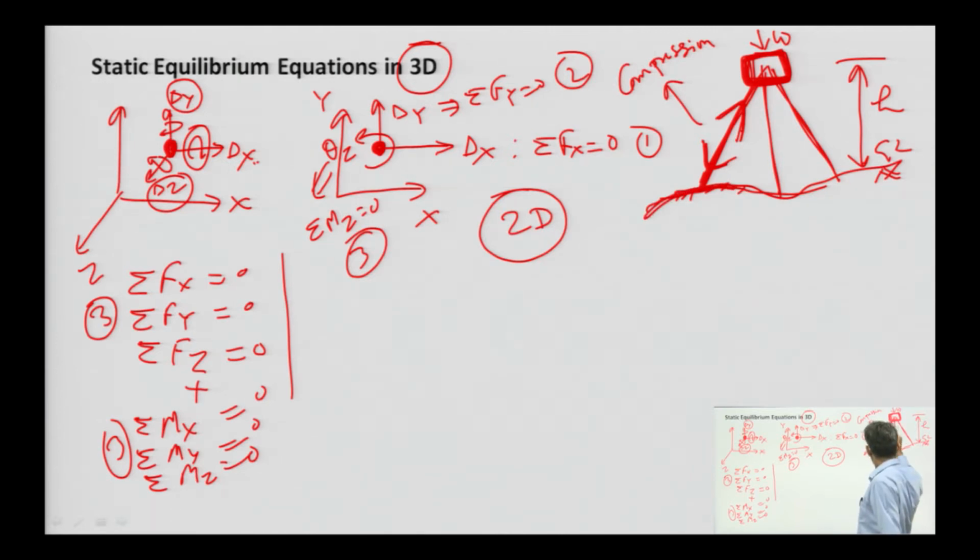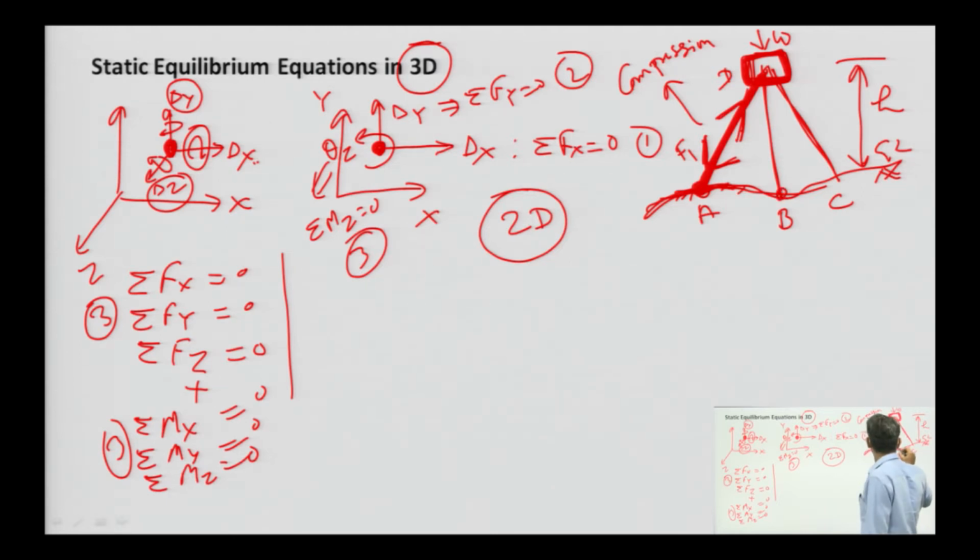At the earth, say this pressure is F1. Say this point is A, this point is B, this point is C. So, the leg of the tripod at this point is giving a pressure of F1, and this member AD, through which F1 is coming, has to be in compression. That is possible only when this member is in compression.